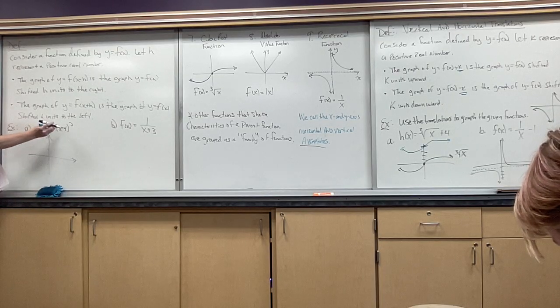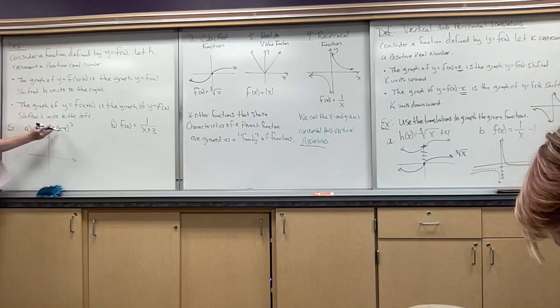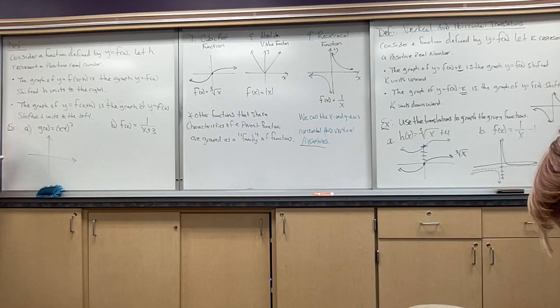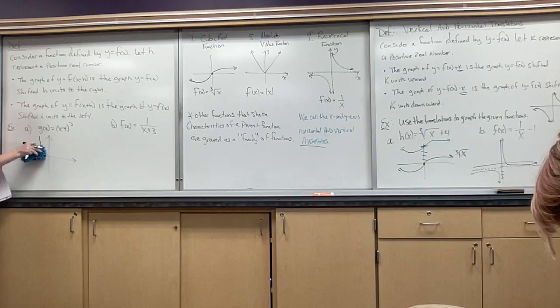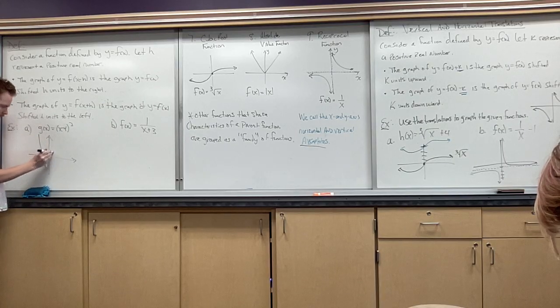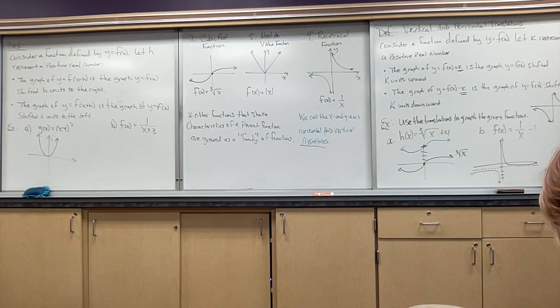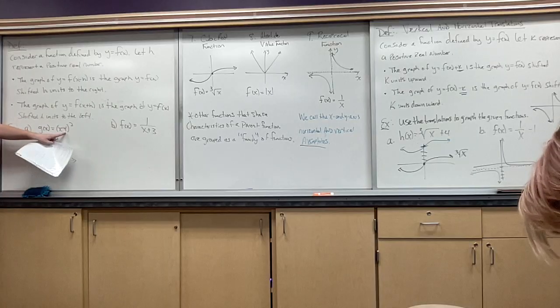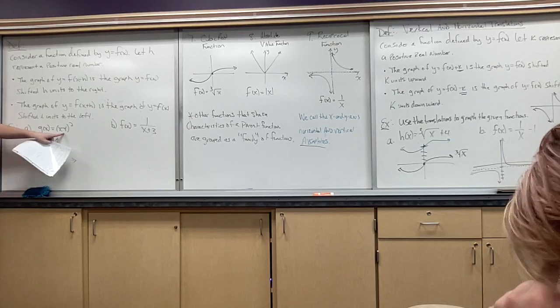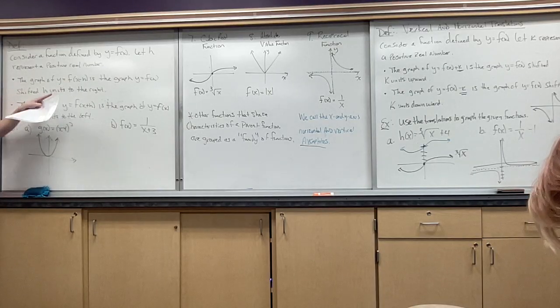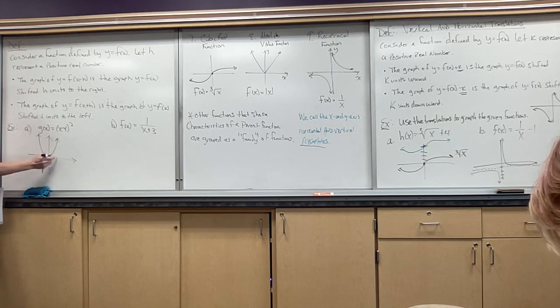The first one, so if I were to expand this, I know that's an x squared. That's a parabola. Parabolas, let's use this color, look like this, okay? So that's what it looks like. That's the parent function. Now, because this is on the inside of the function, there's a horizontal movement. And because it's negative, we're going to move to the right, okay? So we're going to move 1, 2, 3, 4,